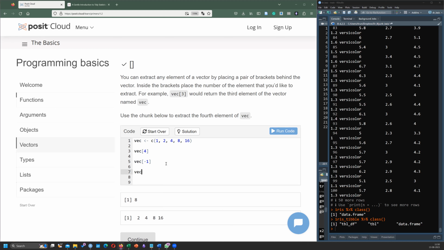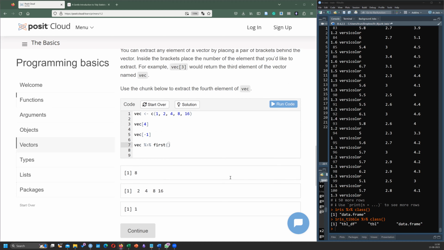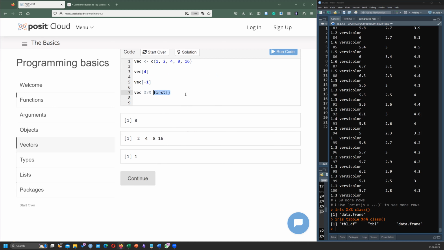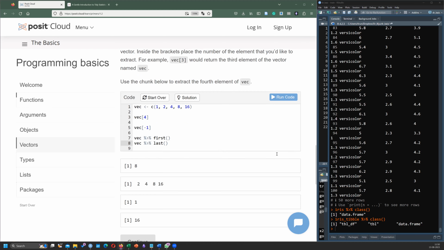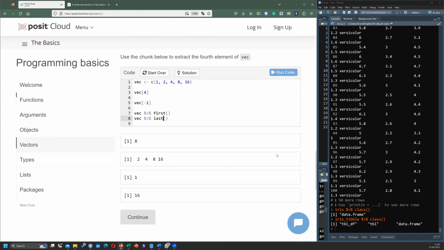I thought it was an error. What did I do? First, just pull the first and last. There are functions for that, so I simply use those functions.